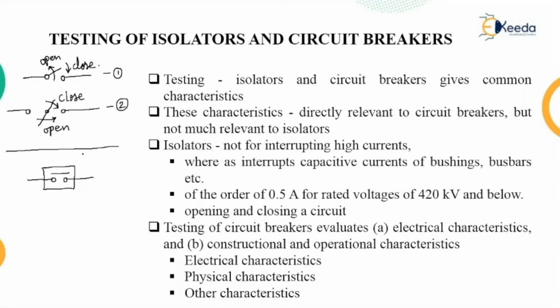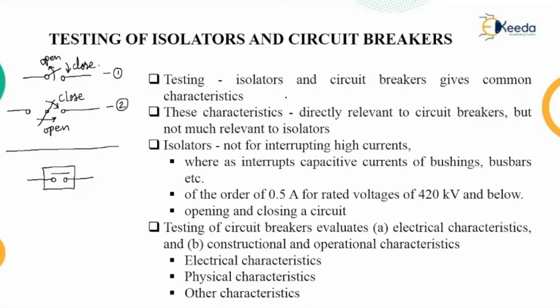So the characteristics of both isolator and circuit breaker are the same, and therefore these power system apparatus are covered in a single topic, where we are going to study the testing of circuit breakers and isolators. The testing of isolators and circuit breakers gives the common characteristics that are applicable for